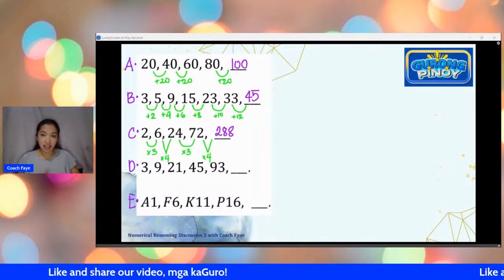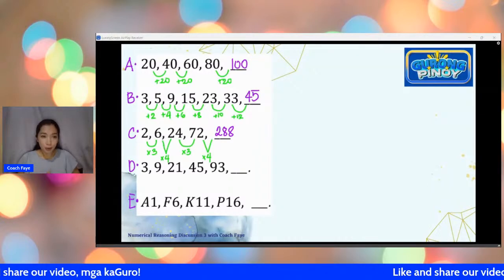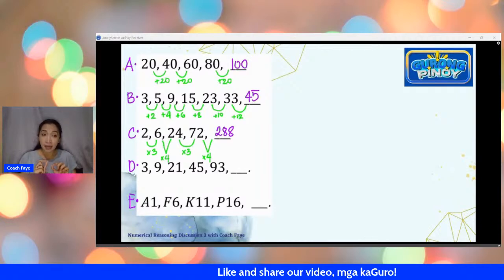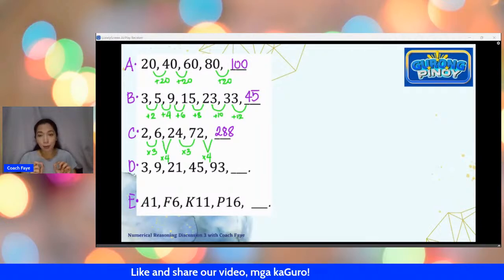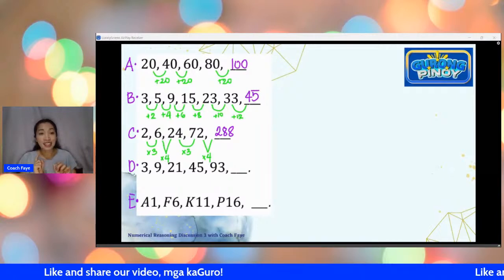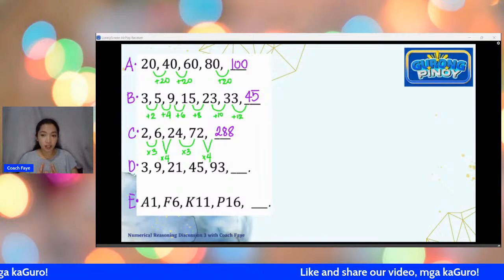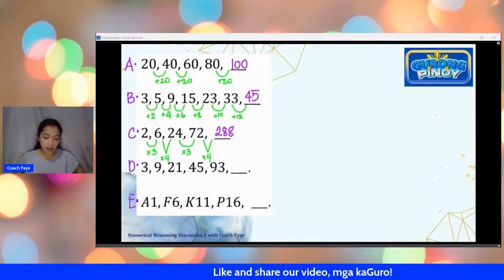So, be very, very careful po sa ginagawa natin. Okay lang po magkamali dito, basta you can determine saan kayo nagkamali and paano kayo nagkamali. And more importantly, how to avoid the same mistake later. So, do not be hesitant. If mali-mali yung sagot ninyo, okay lang yan. It means you're trying and it means you are learning. So, let's try the next one.